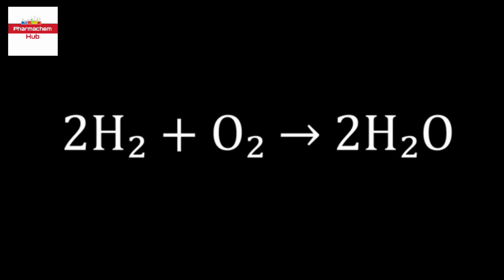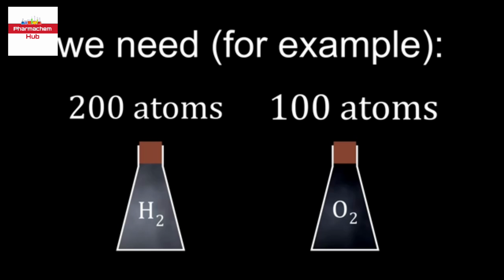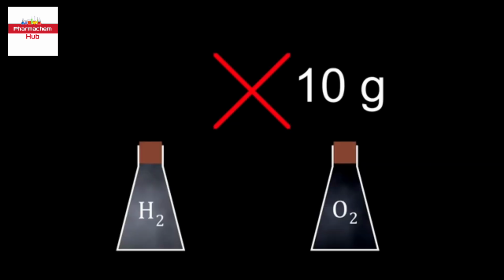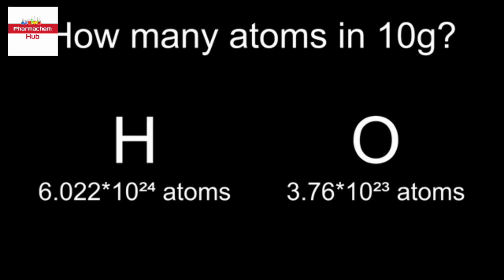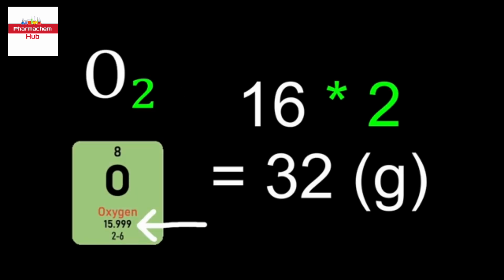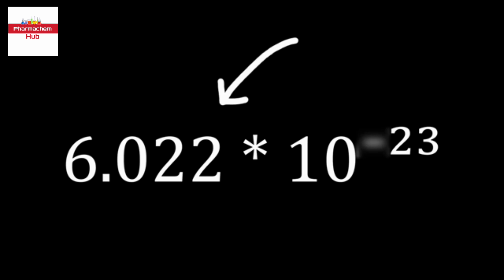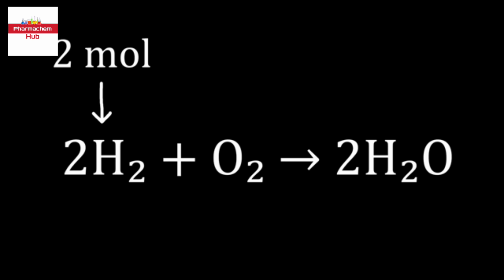Okay, but if you wanted to make this reaction happen in a lab, how would we know that we have exactly twice the amount of hydrogen compared to oxygen? You can't just take 10 grams of this and mix it with 20 grams of that, because the atoms don't weigh the same, so 10 grams of both contain a different amount of particles. What to do? Just look up the atomic mass of the reactants and take that amount in grams. You'll get exactly this amount of particles. That is 1 mole, which is just an amount of something, kind of like a dozen. In other words, we can interpret the reaction as 2 moles of this react with 1 mole of that, which